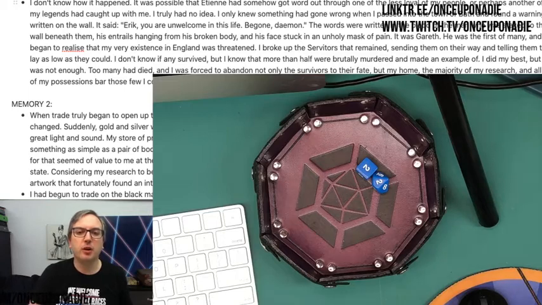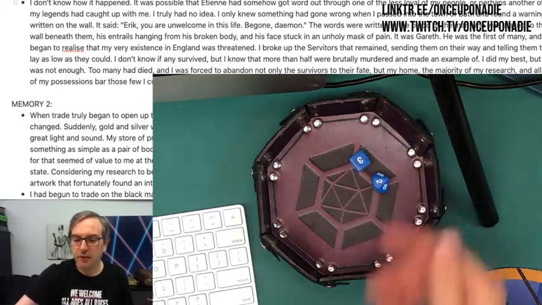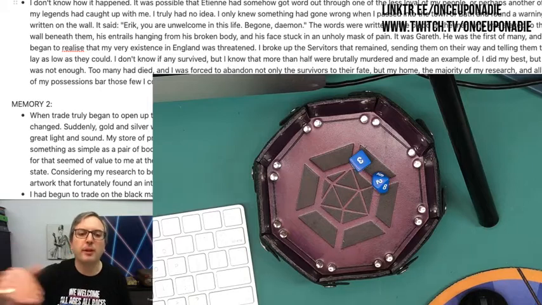I'm not moving in the book. I'm doing the same prompt again, and I go down one on the page. Or if I rolled, I don't know, a 3 and a 2, and I went back one, and I went to a prompt I'd already done, I go down on the page. So you don't repeat a prompt, you go to the next one down. But once you've done all of that,